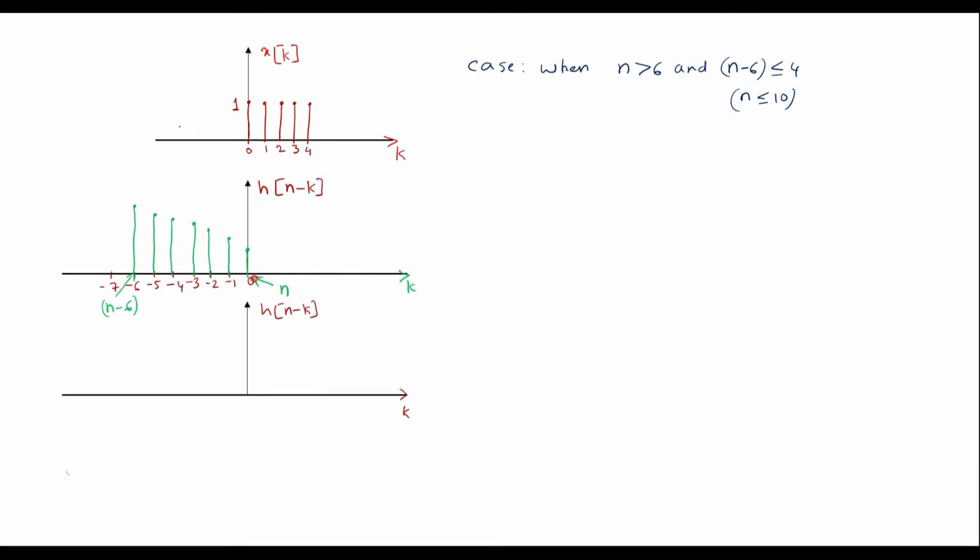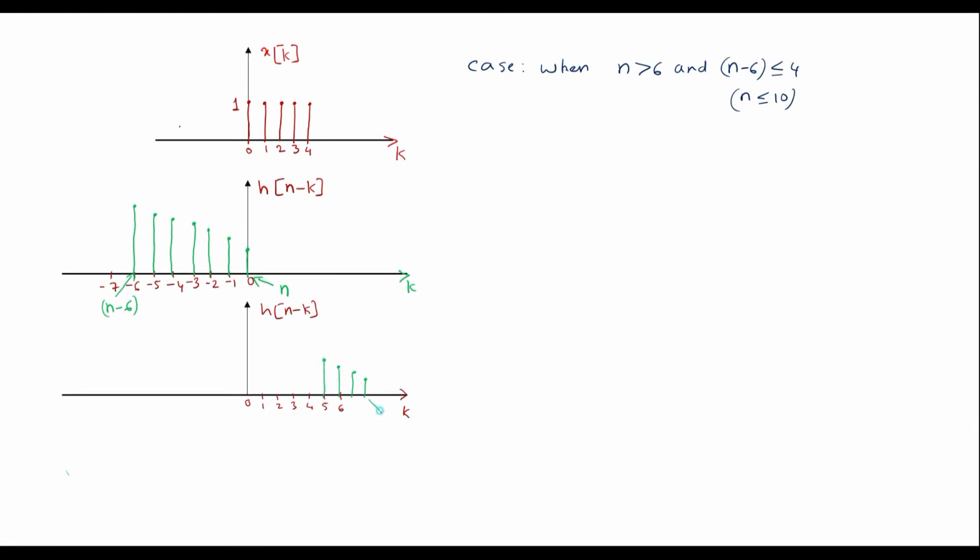Now as I said, this is head end of h of n minus k and this is tail end of h of n minus k. When n is greater than 6 means we are supposed to shift this head end beyond 6 on k axis. That is, suppose this is 0, say 1, 2, 3, say 4, 5 and 6. So we are supposed to shift this h of n minus k beyond this 6. So now somewhere after 6 I will shift this h of n minus k. Let the n sample come here. The next sample will be here. The next sample will be here.